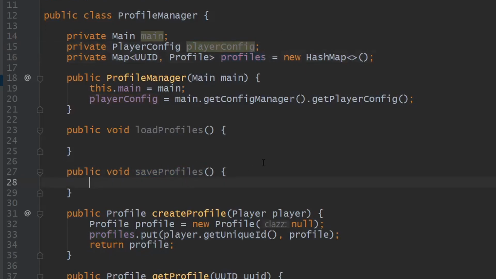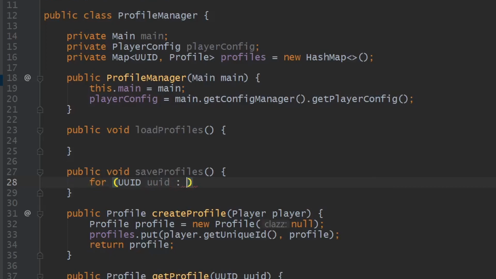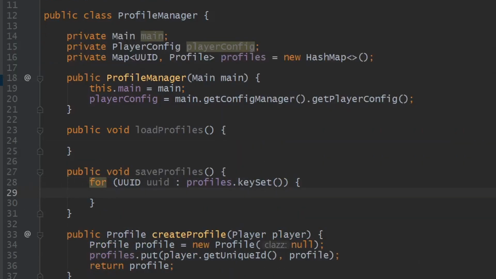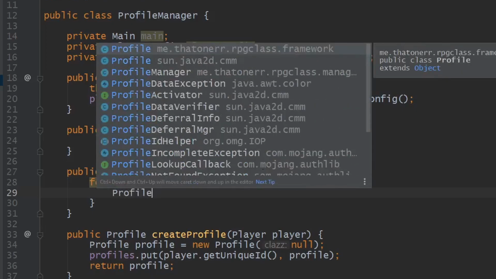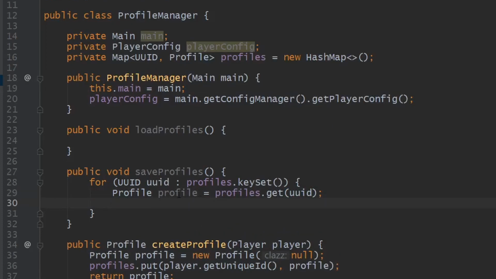So let's do the saving profiles first, it's a little bit easier. So for every UID that is in our profiles, let's get the respective profile. And then we want to store the profile's information into this player config, but right now it only contains the